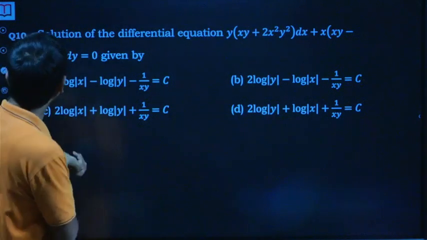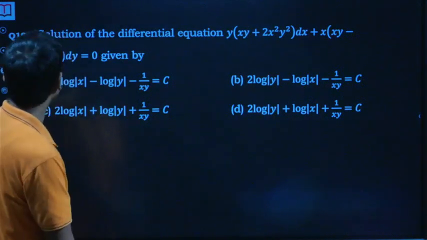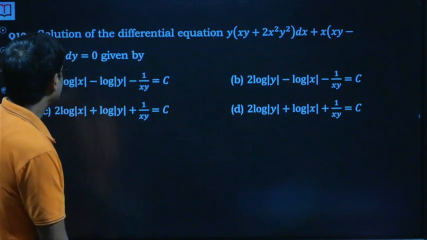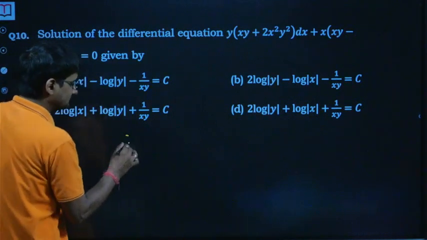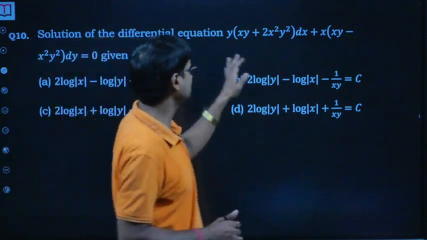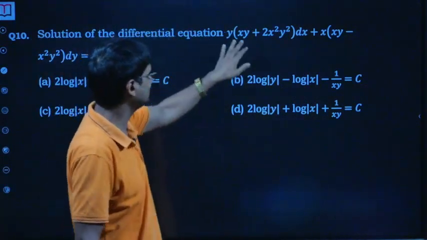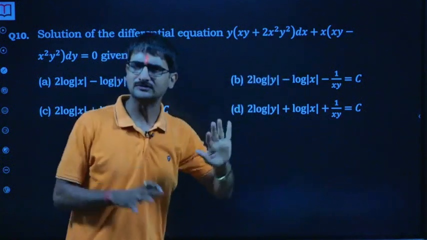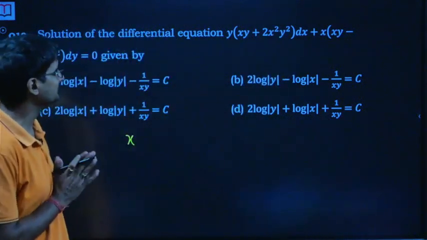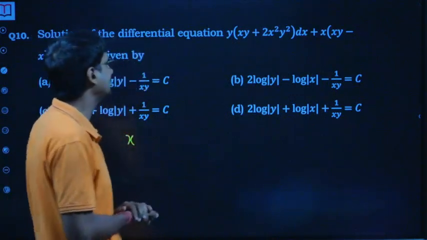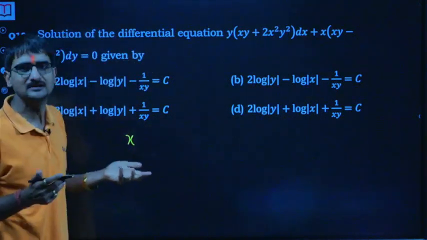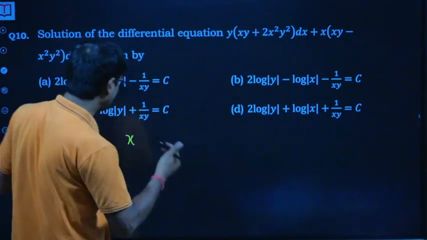The 10th question here is: the solution of the differential equation is given by. Okay, so again, is it a homogeneous form? Answer is no. It's a third degree, a 5 degrees. Of course, not a homogeneous form. Can we separate the variables? I can't see it happening, so I won't even try it. Again, I will say it's a bit complex. So the first thing here.